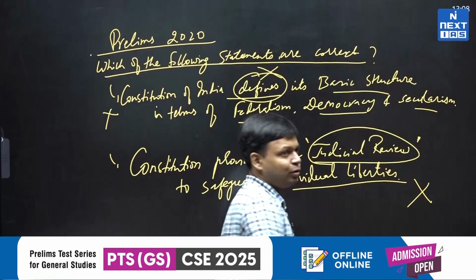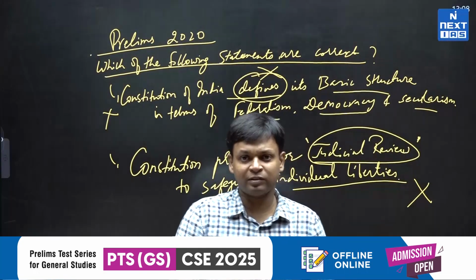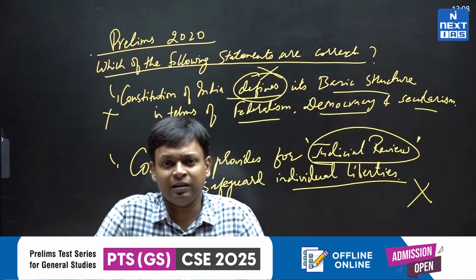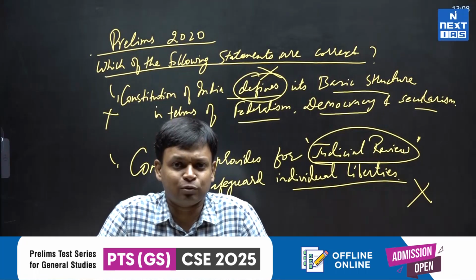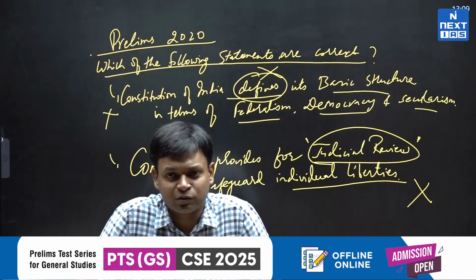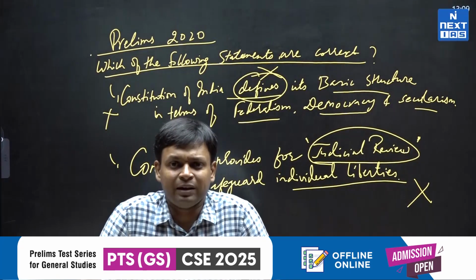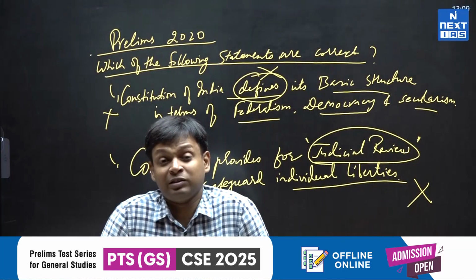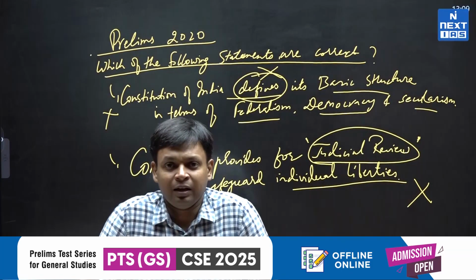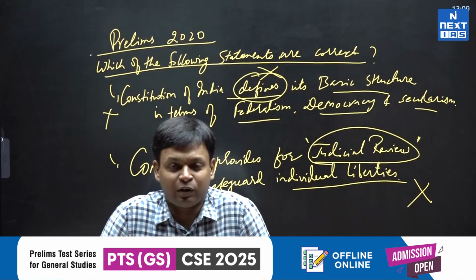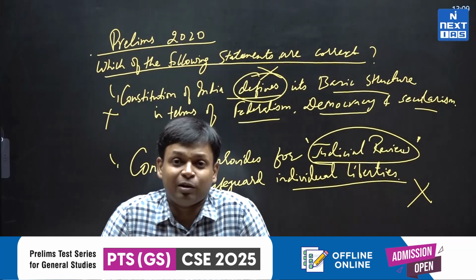This statement is also false. So both of them were said to be incorrect. So this again gives us a clear idea that when it comes to giving an answer to the questions in prelims, UPSC by and large is going by what is safely provided in the constitution, what is clearly provided in the constitution. Interpretations can be used, but while writing mains answers, forget interpretations as long as the question is directly